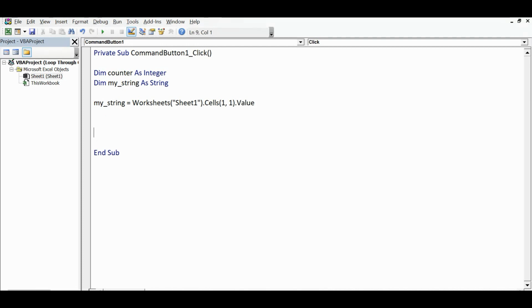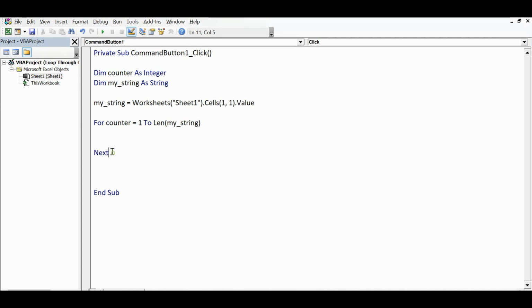And then I will use a for loop: for counter equal to 1 to, and one text function I am using, Len. It will count the length of any given value in cell A1. My string, and then next.